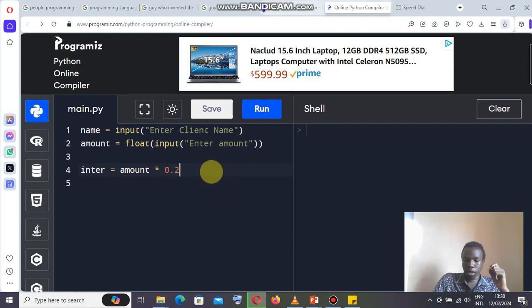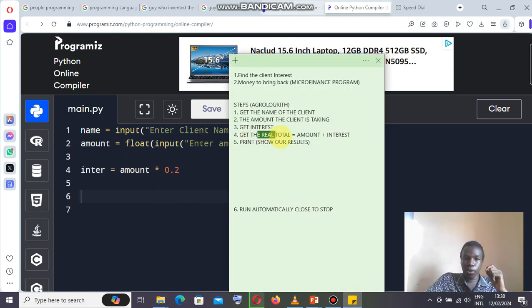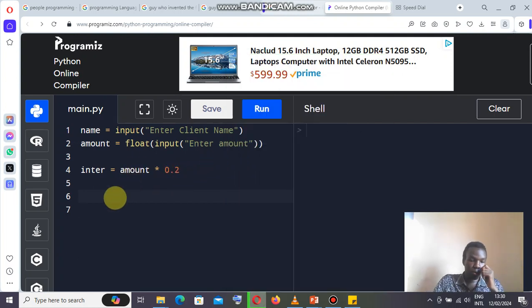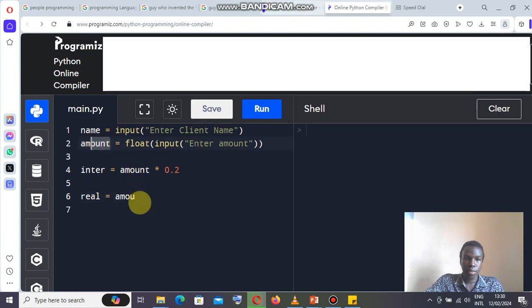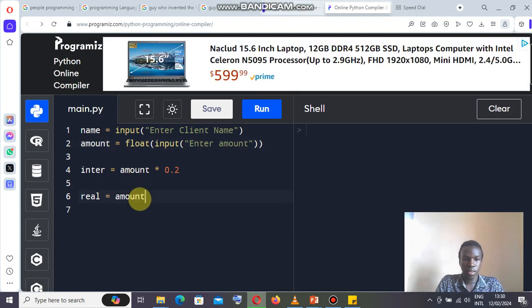The next step is to get the real amount. So we are going to get the total amount plus the interest. So we are going to say real will equal to amount plus interest, our interest.